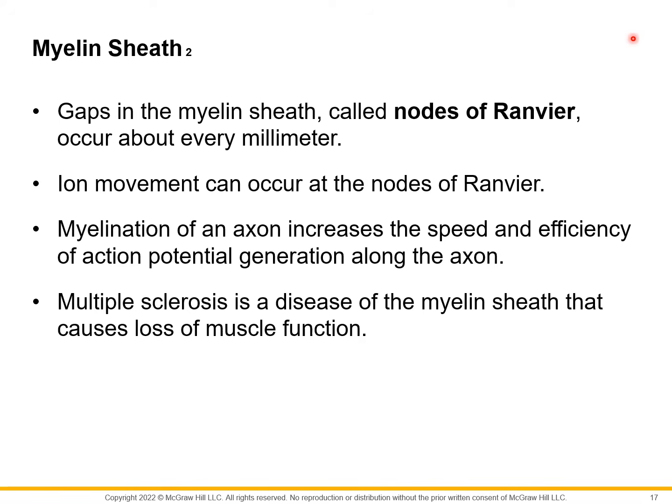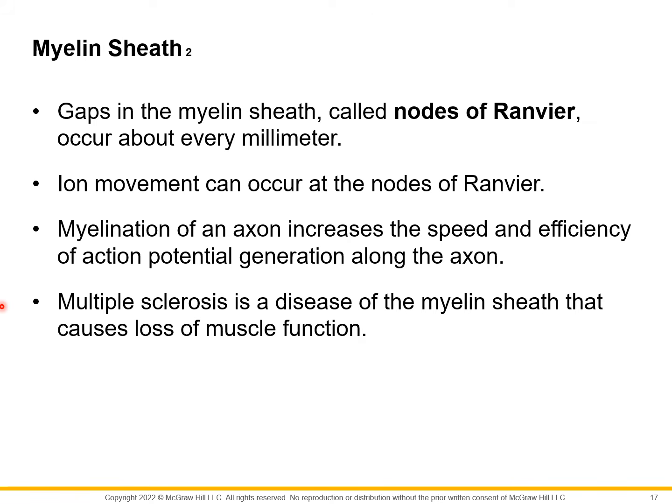There may be spaces or gaps in the myelin sheath, and these are called the nodes of Ranvier. So ions can diffuse in and out of the neurons through these nodes of Ranvier. Aside from just being a physical insulation or covering, trabaho din daw po ng mga myelin sheath is to increase the speed and efficiency of action potentials passing through axons.